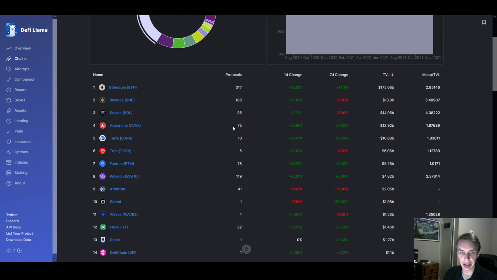And that would suggest that maybe the market is really valuing these protocols that have a lot of DeFi development. By the way, this is DeFi Llama that I'm looking at. So if you want to look at these charts yourself, that's where you can go ahead and find them. And one of the other reasons why I think the market really values this is just in how some other layer 1 protocols have also been acting recently.